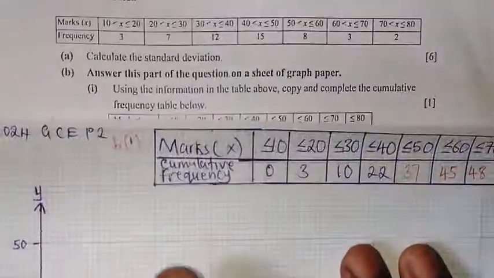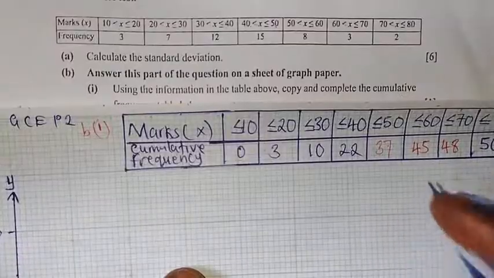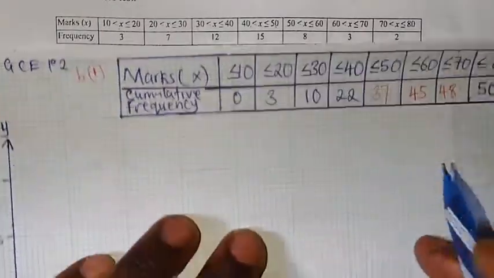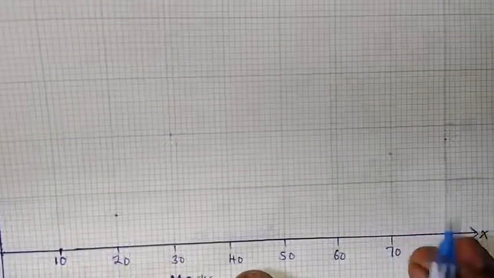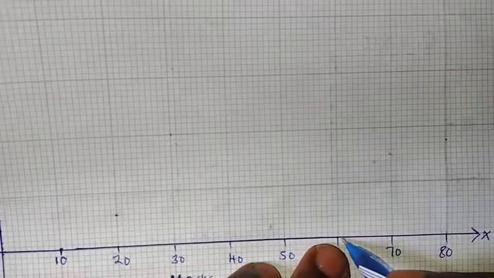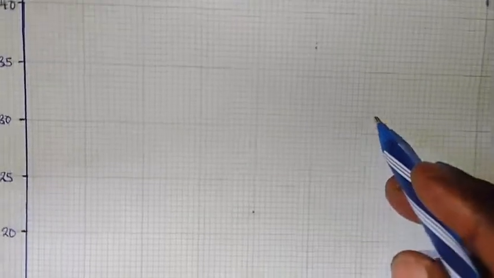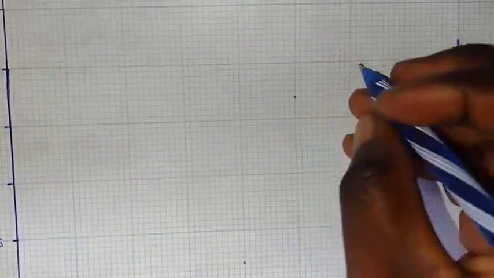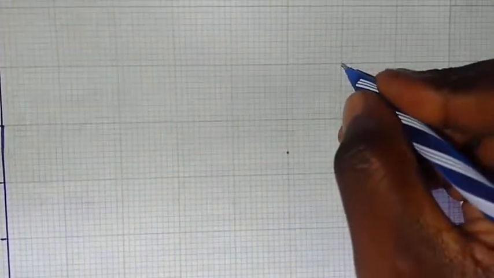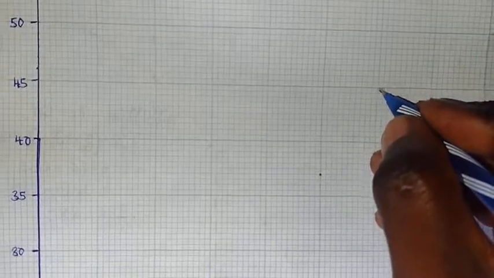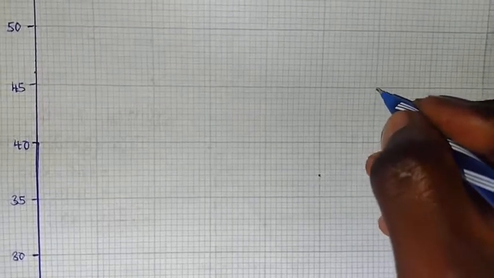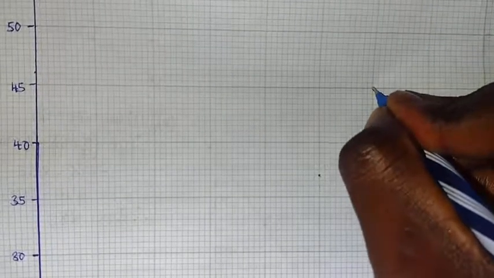Okay, next we have 60, 45. So where is our 60 on the x-axis? It's right here. Okay, so we just go along the same 60, then we identify where the 45 is. This is where the 45 is, as you can see, on this same point. I'm just putting the points. Then we have 70,